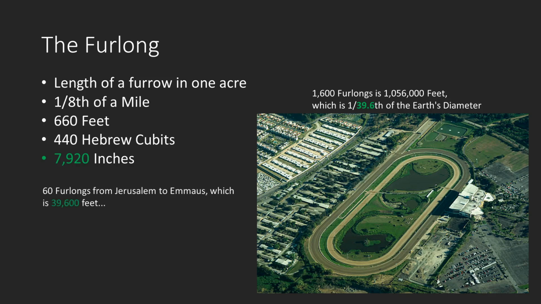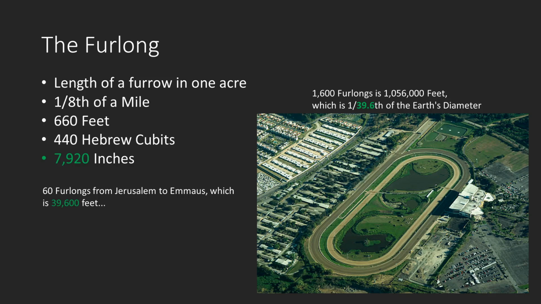But we don't just see it in one place in the Bible. In Luke 24, we read about the disciples walking 60 furlongs from Jerusalem to Emmaus, which is 39,600 feet. And once again, an occurrence of 396. These meaningful numbers in the Bible recur almost redundantly, but they recur in relational and sensical patterns that we'll be exploring as we go along. But already we have 2 occurrences of 396, which we know is